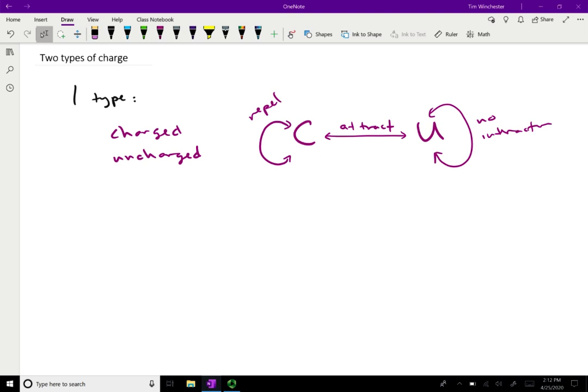So this is a one charge model that has both attraction and repulsion, but this is not the model that we use in physics. There are two types of charge in our normal model. So what's an experiment that we could do that would be inconsistent with this? Well, let's say that we did our two charge model. Here we have two types, and I'm not going to call them plus and minus